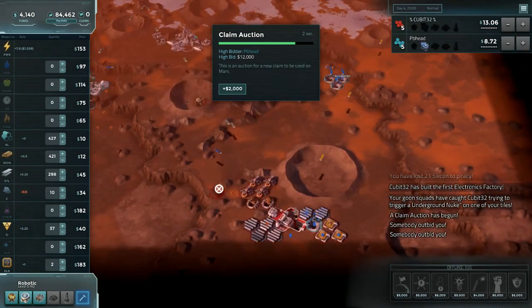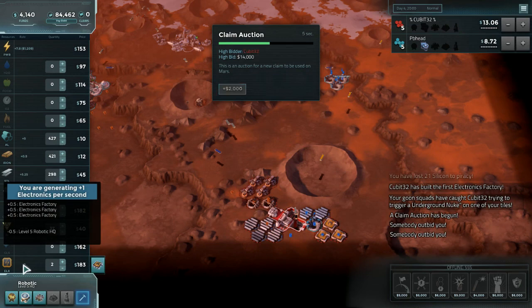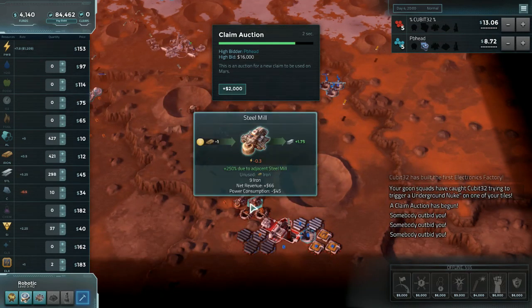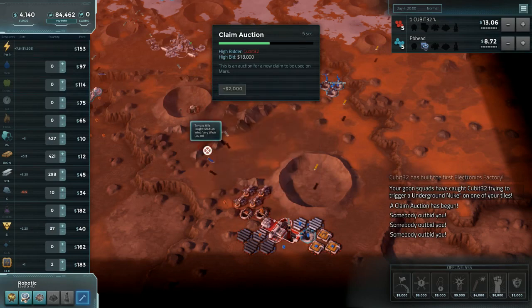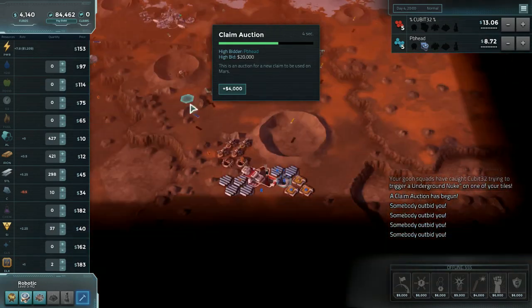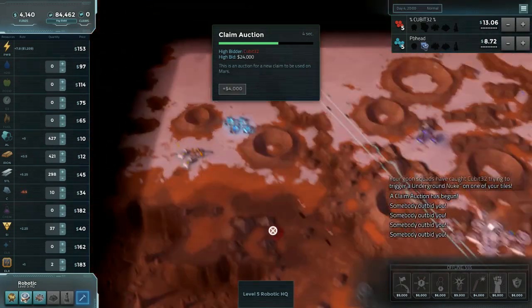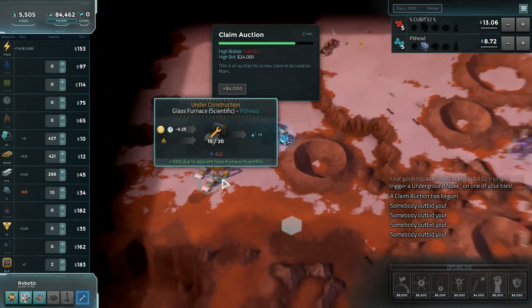Yeah. Well, he almost has enough steel. I would almost like to see him delete those steel mills and convert them into glass. Well, I wouldn't be surprised if the steel just stays online. Cubit really likes to go for the 2 Offworlds. Yeah. So we'll just have to see what happens. More glass coming down for